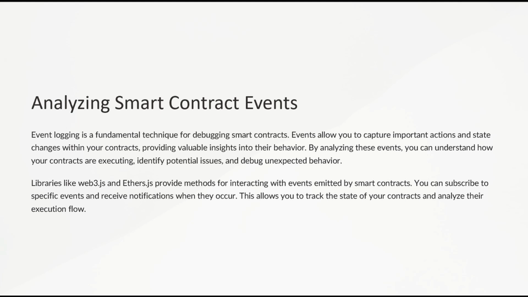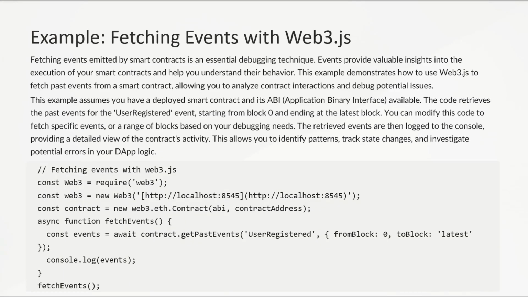Analyzing smart contract events. Event logging is vital for capturing and analyzing important actions and state changes within contracts. Tools like web3.js and ethers.js allow developers to subscribe to and analyze these events. For example, using web3.js, you might fetch events related to user registrations from a contract. Analyzing these events, you can identify patterns or errors, such as duplicate registration, that indicate a bug in the contract